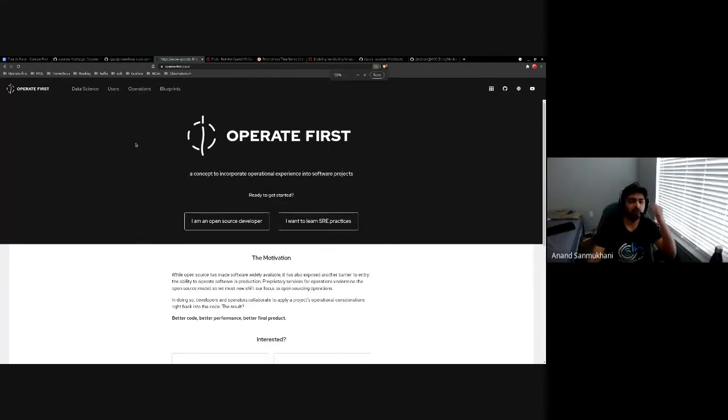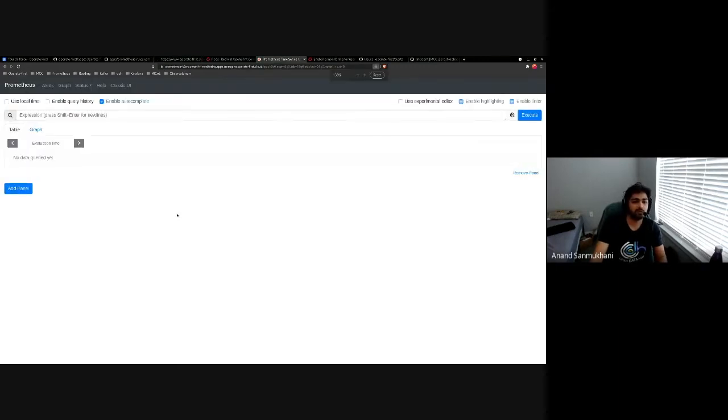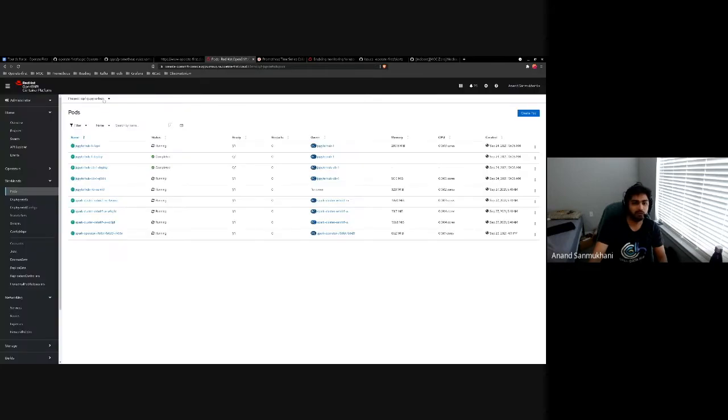So here, how do we do monitoring? We use mainly Prometheus to monitor our stuff. This is what the Prometheus console looks like. How does it work? It scrapes metrics off of applications that are deployed on your cluster. For example, let's say we have this one application,